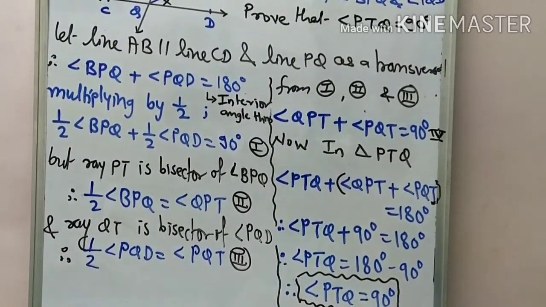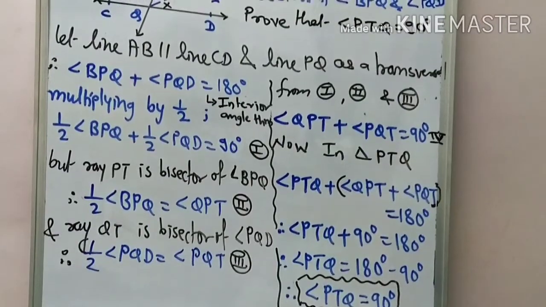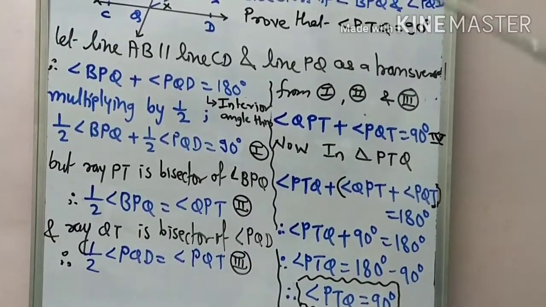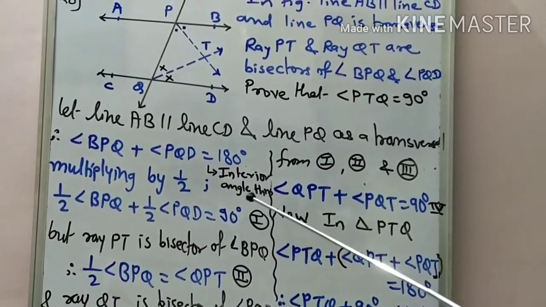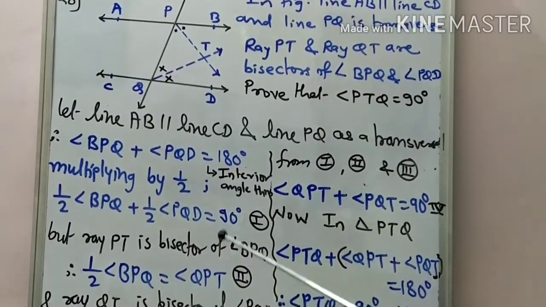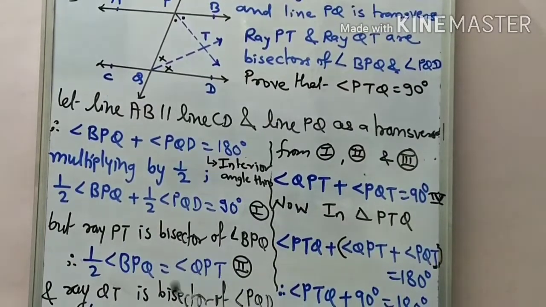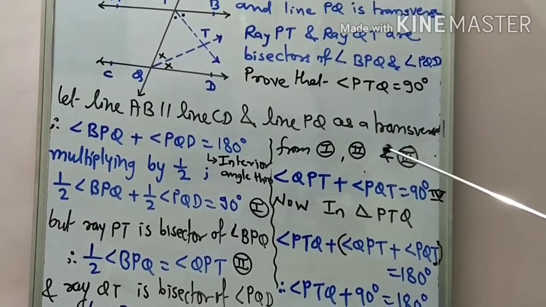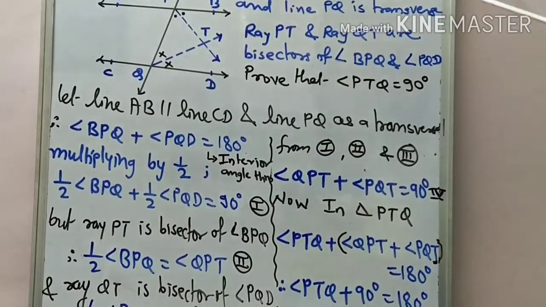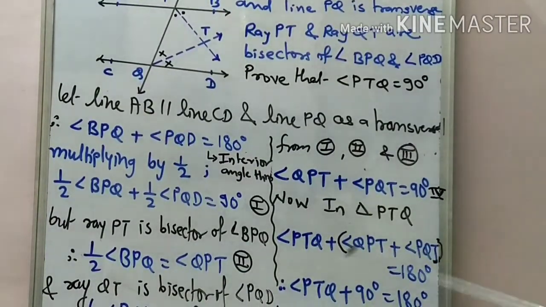So like this we can have a 3-mark question in the exam. Okay students, here we used the property of the first exterior angle theorem, then we used the angle bisector property, and then the sum of measures of all angles of a triangle is 180 degrees. Using these three properties we write the proof of this